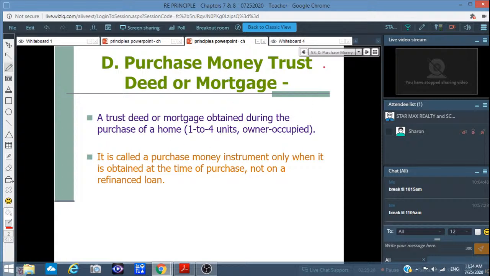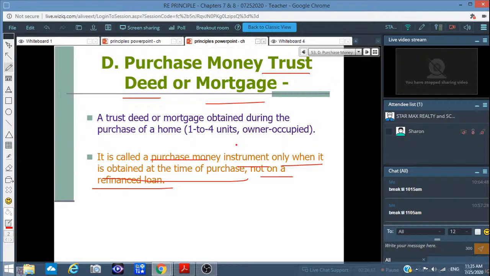Alright, purchase money, trust deed, or mortgage. Okay, when you buy a home, right, you have to use a trust deed or mortgage, okay? It is called purchase money instrument only when it is obtained at the time of purchase, not on refinance loan. Okay? 它有搞清楚，OK？你买房了跟从贷款的不一样，OK？你买房就叫 purchase money。因为 purchase money 之后，你从贷款的话，从贷款以后的，OK，就是另外一回事，OK，你可以多抽钱出来，OK，多抽钱出来这部分呢，OK，他可以追求你的。